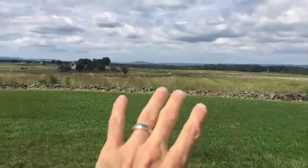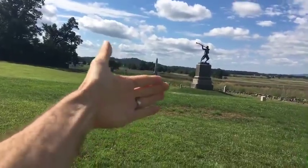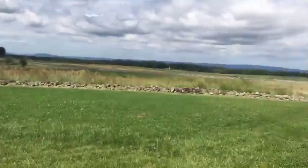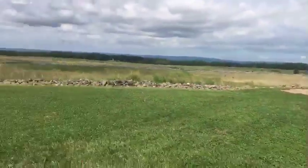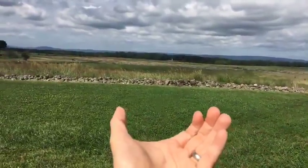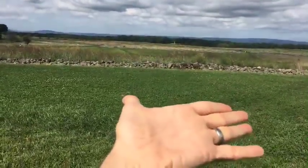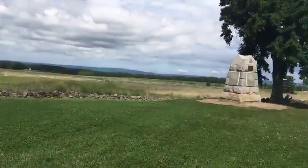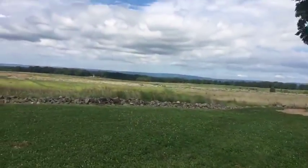Also, the Union line, which is pretty straight, I already pointed this out, bulges out so that the Vermonters turn out and advance like this, and then some New York and Ohio soldiers bulge out and turn like this, and now the Confederates are going to be advancing into a three-sided box with Vermonters over there, Ohio and New York soldiers over here, and the main line on the inside of the box. The Confederates are going to be advancing into a great pincers here, but they've still got numerical superiority,